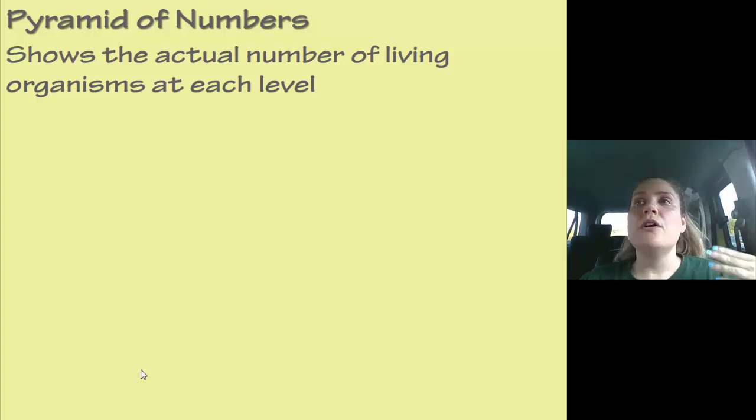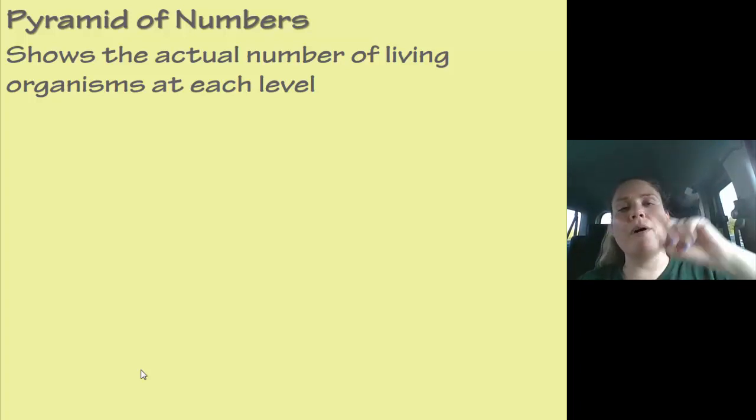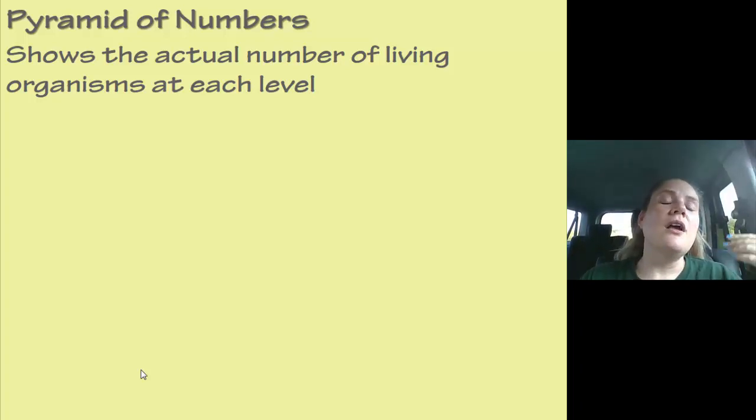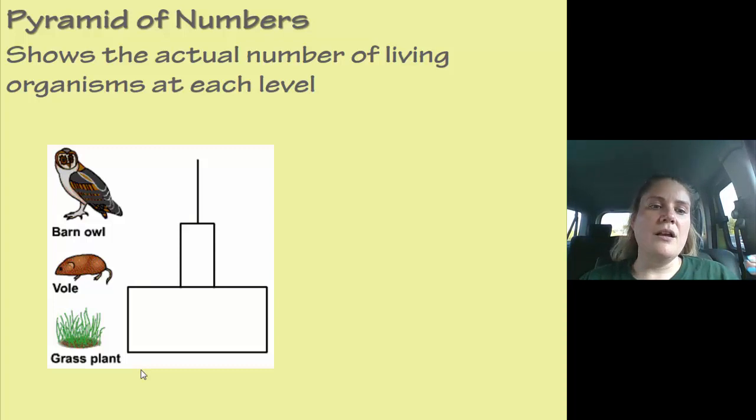And then we would go to the rabbits and we would count every single rabbit and every single chipmunk and every single squirrel, and that would go on the next level of our pyramid. And so oftentimes we're going to end up with a normal pyramid shape. Okay, so there's going to be more grass. There's going to be more of this. These are voles, which are little mousy kind of things, rodent-y things. And then this is the barn owl. So we've got one barn owl, a bunch of voles, and then a bunch more grass.